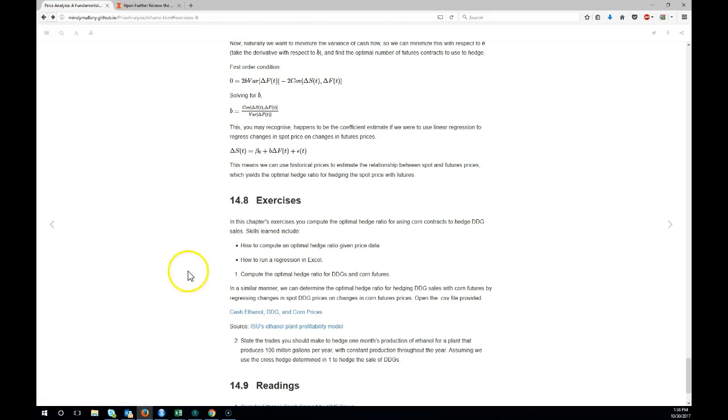In this chapter, we're going to use some price data and compute the optimal hedge ratio. We're essentially going to be regressing changes in cash prices on changes in futures prices, recovering this beta and using that to figure out how many corn futures contracts I need to hedge my DDG spot price exposure. So first we need to compute the optimal hedge ratio for DDGs and corn